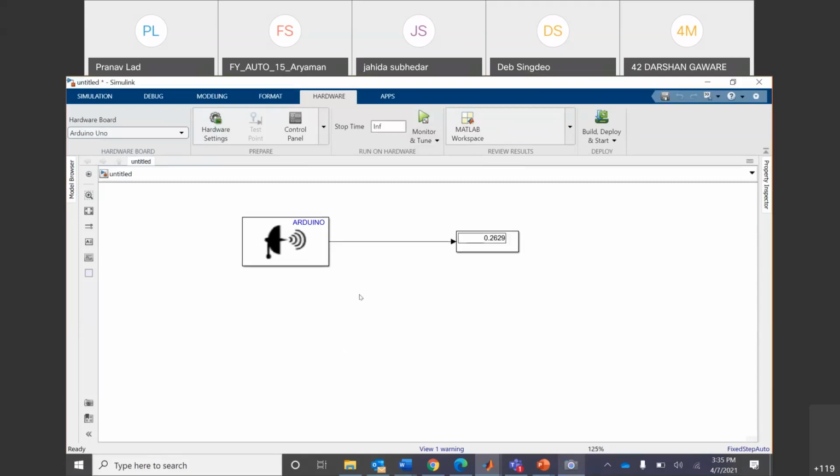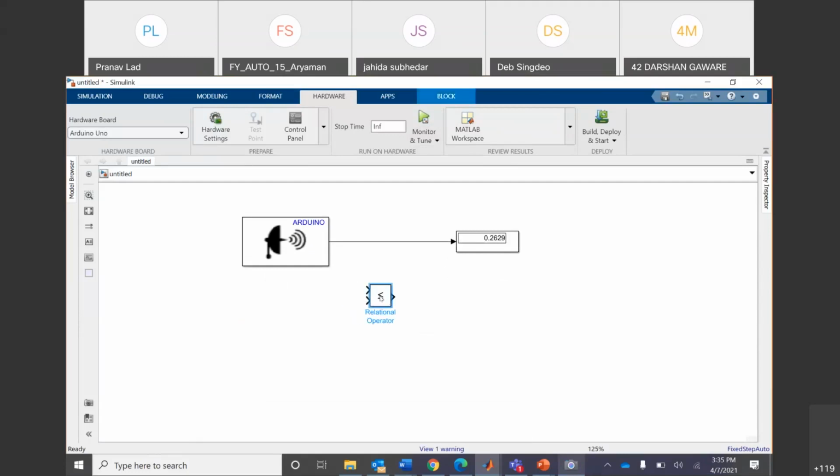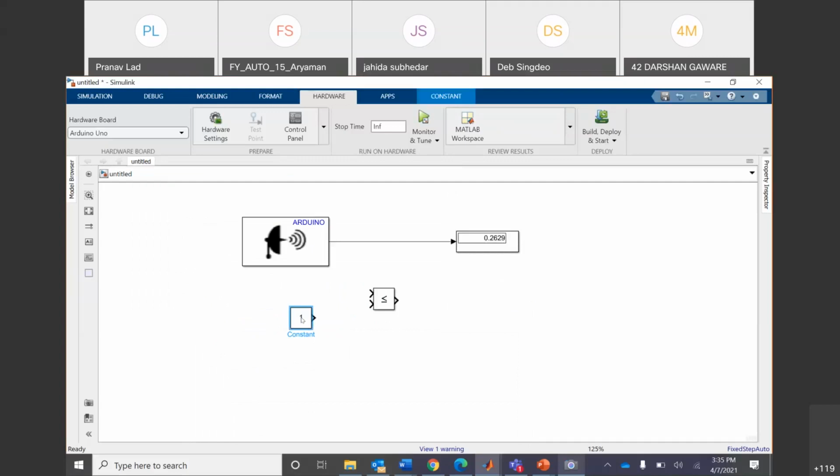So let us use a sort of comparator here. Maybe I'll use this relational operator. I will use another constant block here against which we will compare the distance. So I'm sensing whatever output I'm getting from this ultrasonic sensor, and I'm comparing it with this constant.